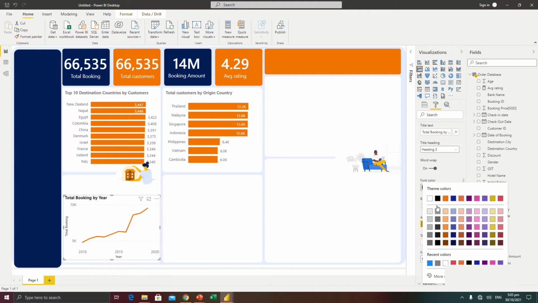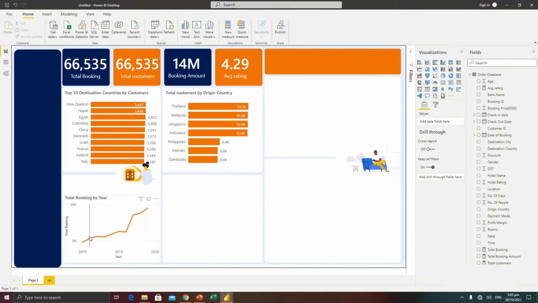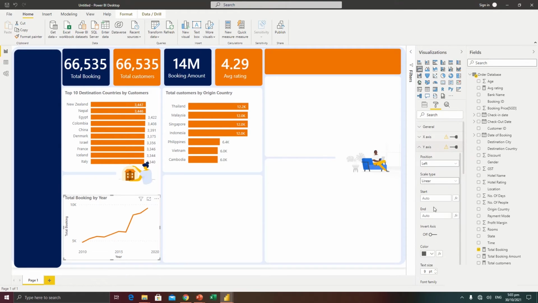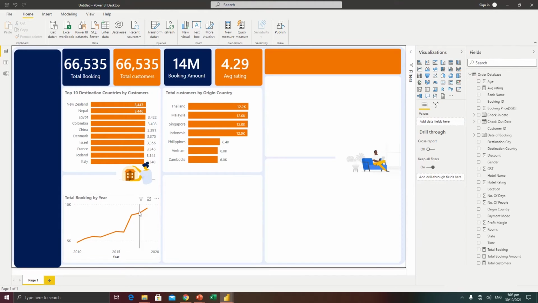And then maybe the color, I change it and pick this. Now this is looking great. The next thing we are going to do is to turn off this title. So I'll select this, go to format, Y, and then turn off the title on the Y axis. Now we have this. Now the next thing we are going to do is to add our trend line to